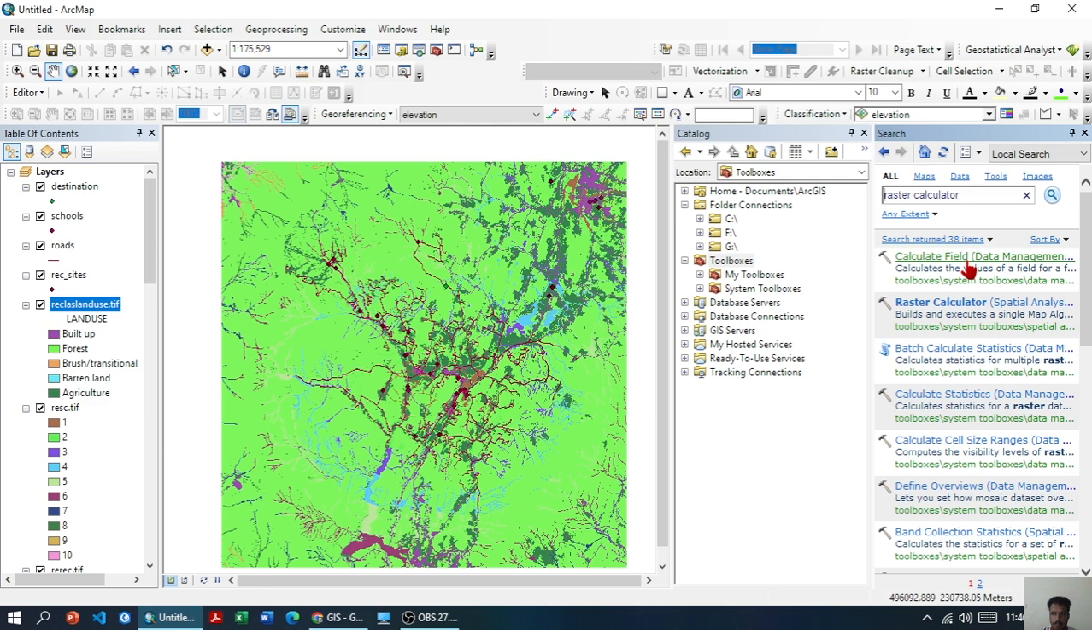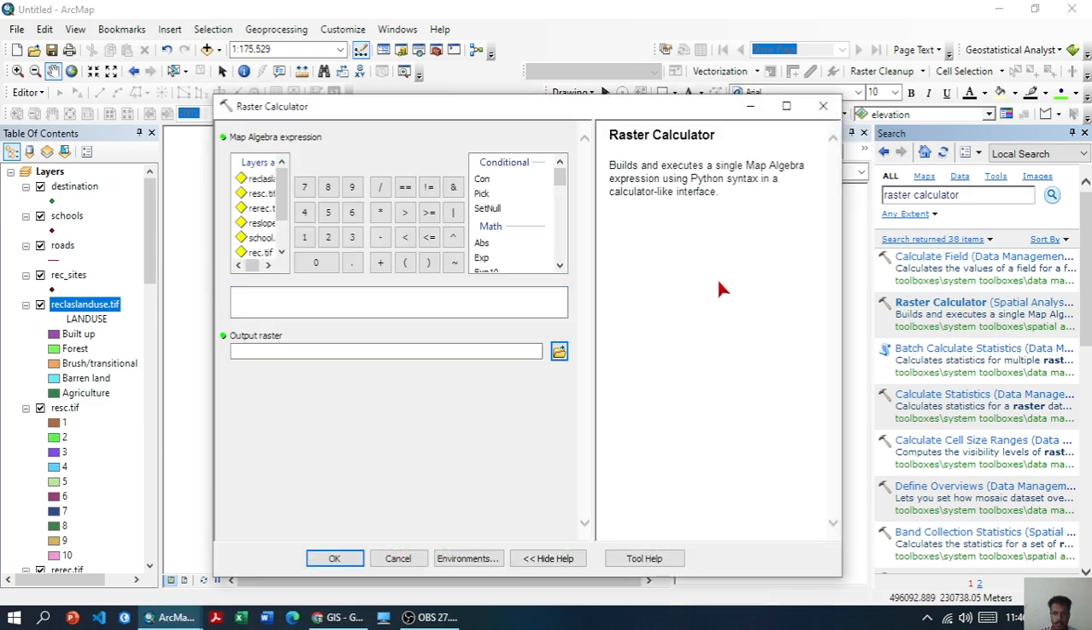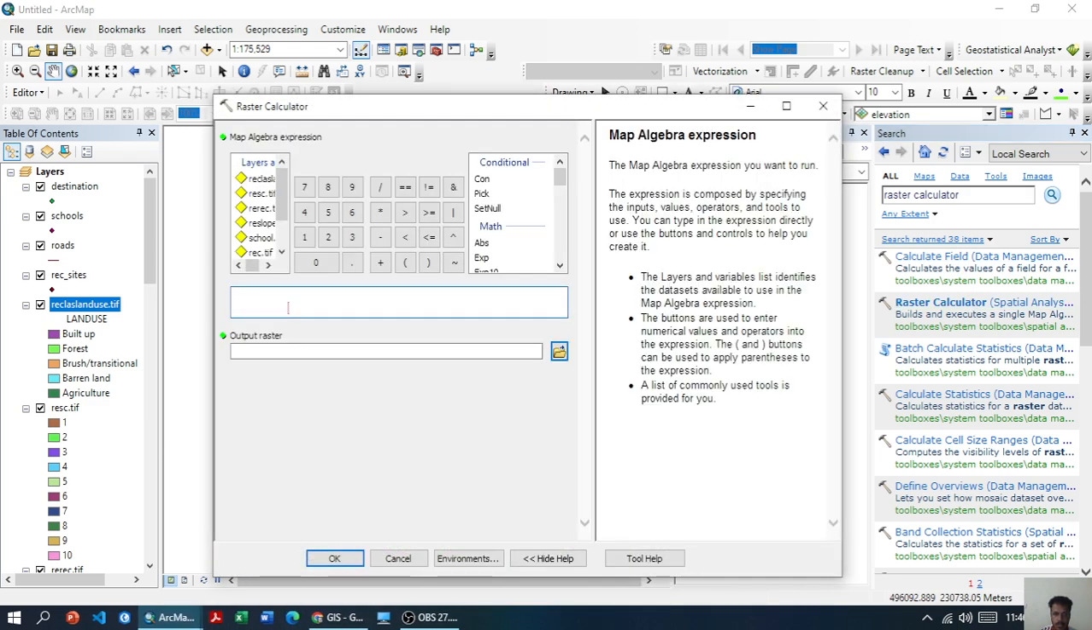Next, we will search the raster calculator. And in the raster calculator, we will write the formula based on the manual to determine the land suitability. We want to get the data as integer, so we will select the integer first. Then we will write the formula as recreational into 0.5